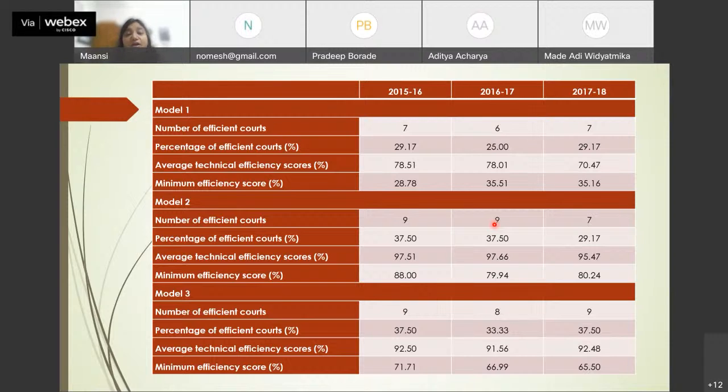and hence we developed models 2 and 3. Model 2 was developed just to check whether the courts are able to efficiently manage their inflow of cases, at least their annual inflow of cases, let alone their pendency. Model 3 was used to incorporate the aspect of pendency and to determine whether the courts were efficiently handling their caseload as well or not.